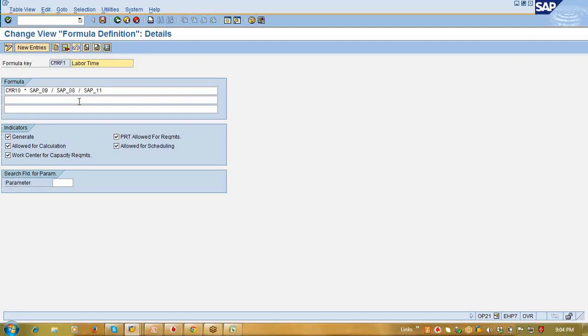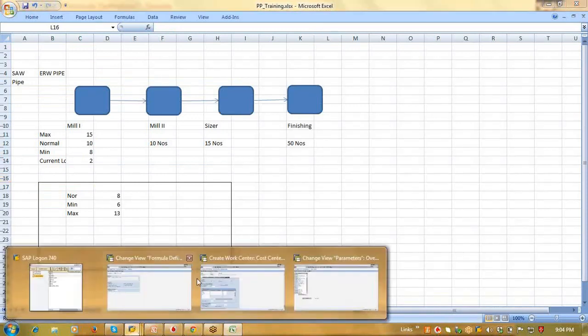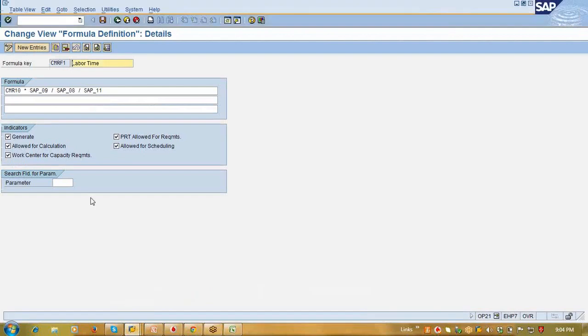Okay, so we'll see this formula in real time calculation. What we'll do, before capacity planning, we'll calculate our formulas in Excel, and after that we'll plan capacity and check whether the system did the same thing, or whether there is a difference. So in formulas, we define formula in a similar way. It has this step 01 as